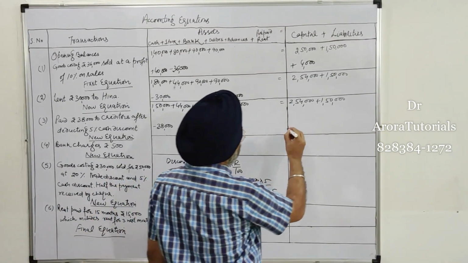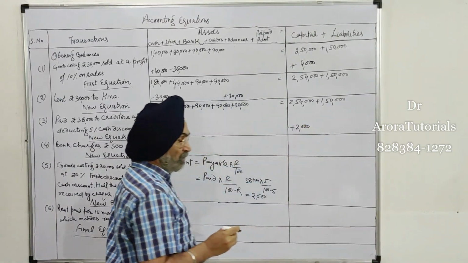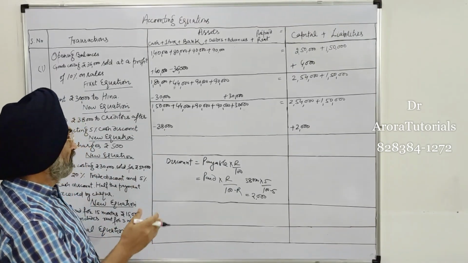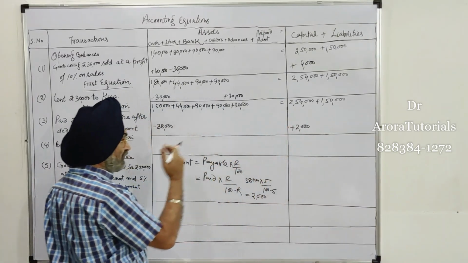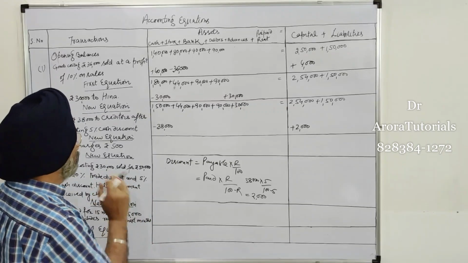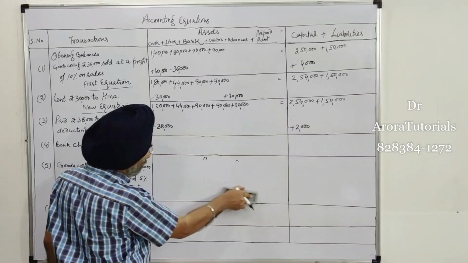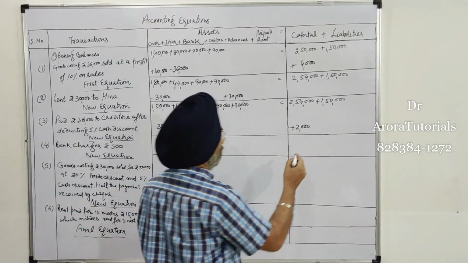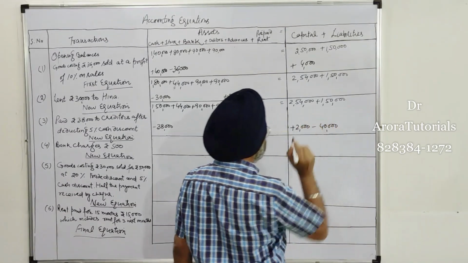So in this case, 2,000 is the discount we have received. When we pay the money, we receive the discount. When we receive the money, we allow the discount. When we pay the money, discount received is our income. When we receive cash from our debtors, then we allow the discount, that is our expense. It means 40,000 was the amount payable to the creditors. So creditors will reduce by 40,000.